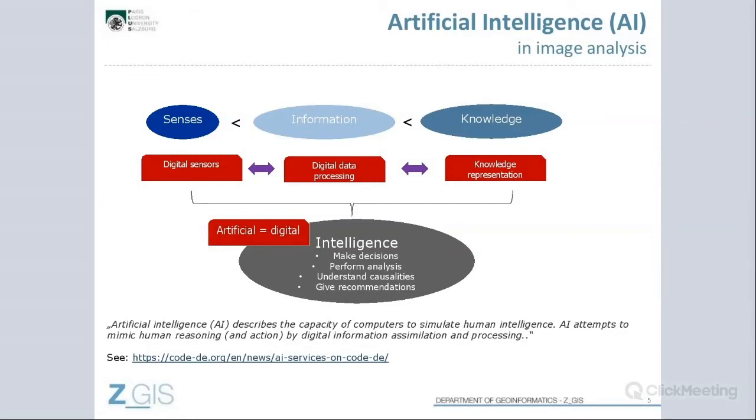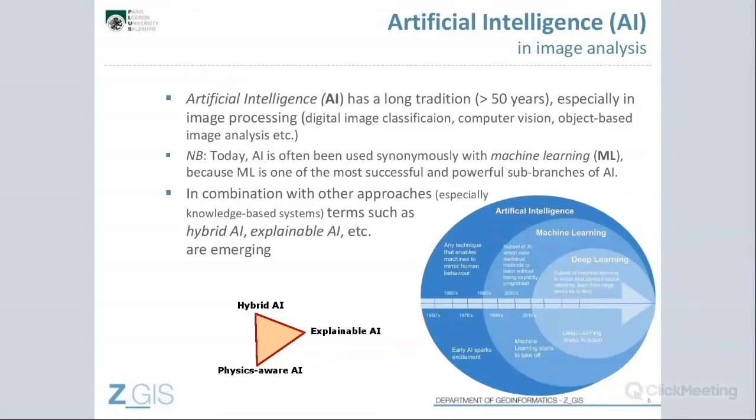Next slide. I think we can proceed ourselves. Okay, good. So it's important to notice and emphasize that artificial intelligence is not an invention of the last two or three years, even though the hype around machine learning has significantly increased over recent years, and there are now new study programs coming up.